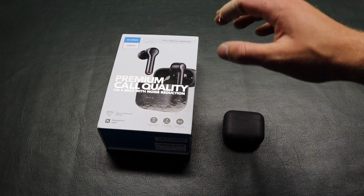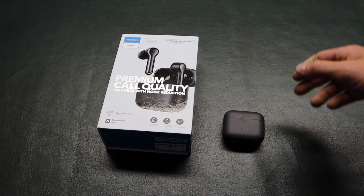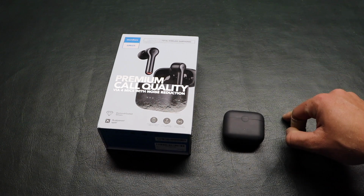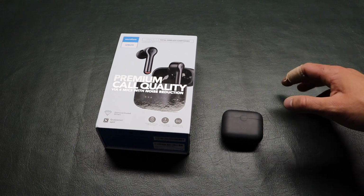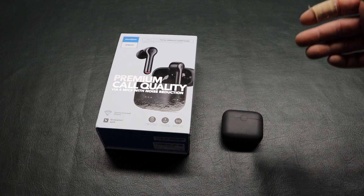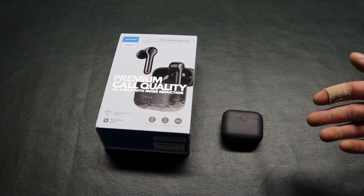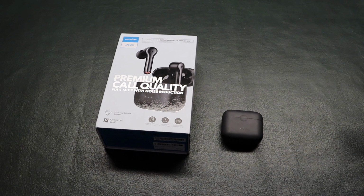So here's what AirPod Pros have that these do not: active noise cancellation and pass-through sound technology. So what that is, on the Apple AirPod Pros, they have active noise cancellation, which the microphone will pick up outside noise and basically cancel it out, so all you hear is whatever you're listening to in your earbuds, and it cuts out all that external noise actively, which for me, I never really desired that